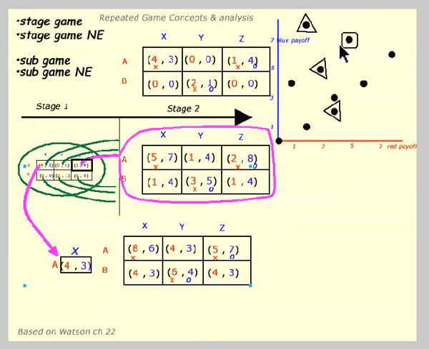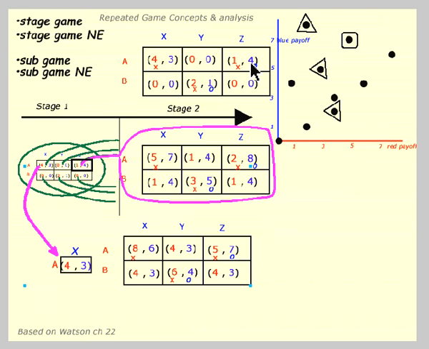But you can also get some other really interesting ideas in these repeated games where we can get to this point out here where you get pretty high payoffs for everybody, and this point here is associated with playing A and X in the first round. Now A gives the red player the highest payoff they can get, 4, in the first round, and in return in the second round, the blue player gets the highest payoff they can get.